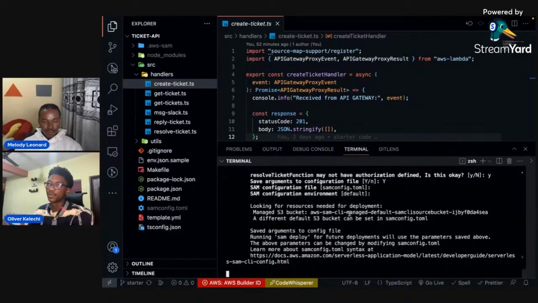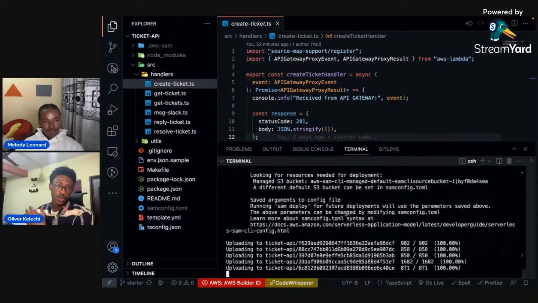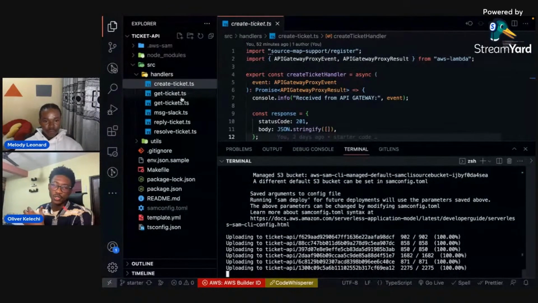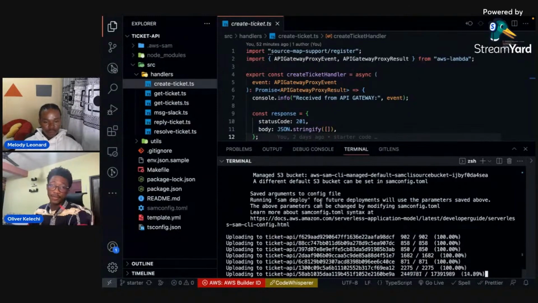And once you do that, it will automatically start doing things in your AWS account, like setting up an S3 bucket to hold your source code. That is the code relating to your Lambda function. And then it will push those files to AWS. You can see that something is going out here all the way. Something is uploading, right? It's uploading a piece of code to AWS. And if we go over to